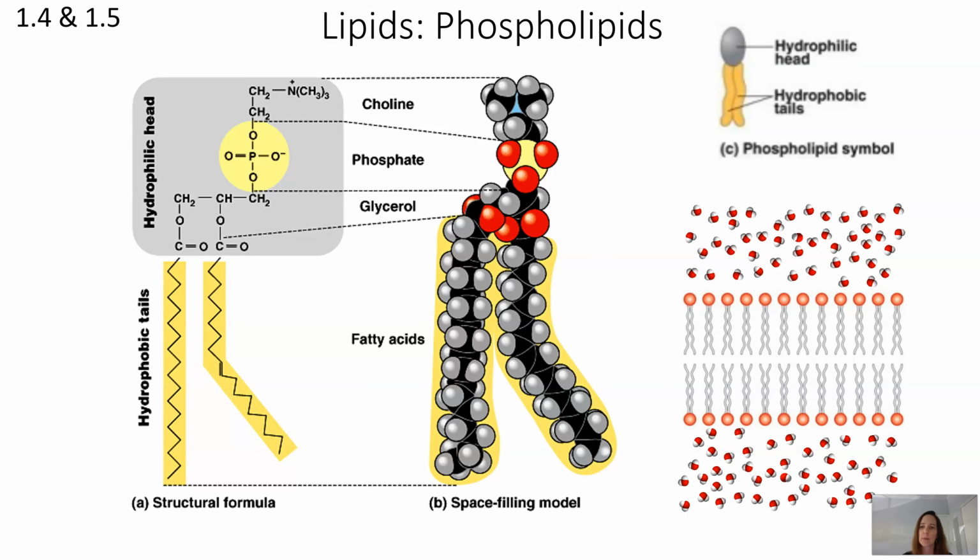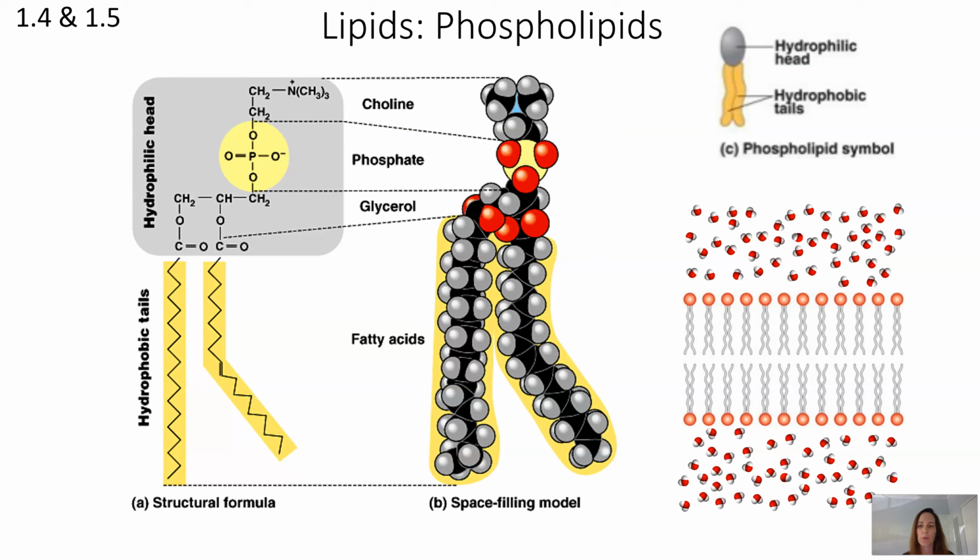So phospholipids have the unique property of having, I guess it's not that unique, but it's an important property in this case, of having one part of it be nonpolar and one part of it be polar. So those fatty acids, you remember, are made of lots of carbons and hydrogens, so those are nonpolar. Those stay away from water, right? So those are hydrophobic,